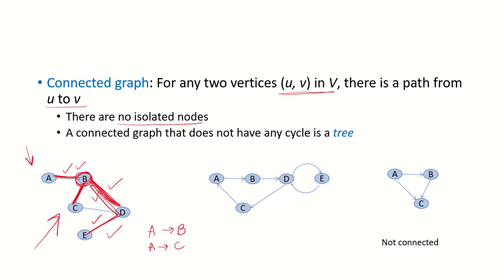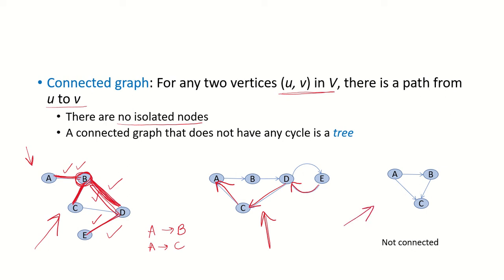So you will find that there is a path from D to every other node and from C also to every other node. You can check for E also. Is there a path from E to A? Yes, from here, this and this path. And similarly you can check whether there is a path from E to C, B and D also. So since there is a path which will take you from a particular node to any other node, we say this is a connected graph.